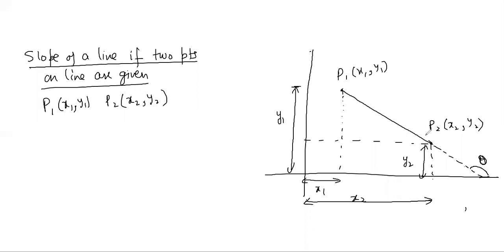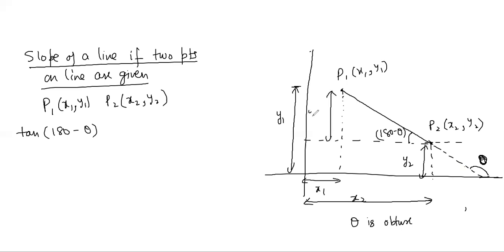Now let us discuss this case when inclination is greater than 90 degree. So as you can see in this particular case, slope is negative and the angle theta is obtuse. So if this angle is theta, this will be 180 minus theta. This angle is 180 minus theta. Now tan of this angle, tan of 180 minus theta will be equal to,